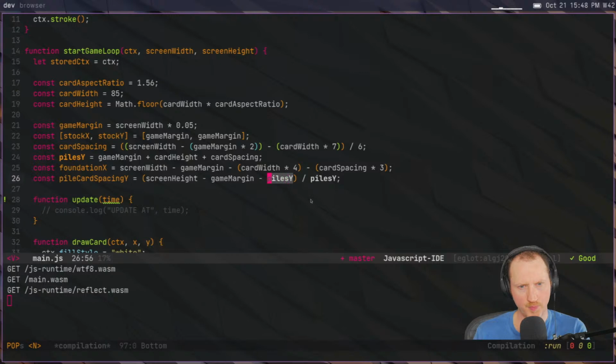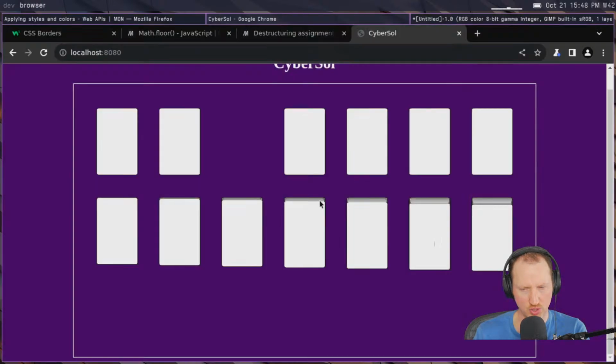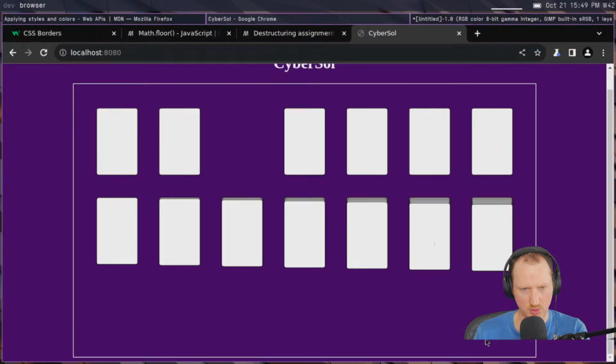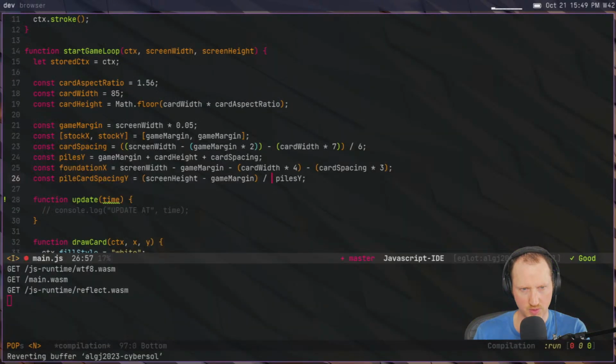Maybe that's right. Screen height minus game margin, and then screen height. Maybe that was right. Screen height minus game margin